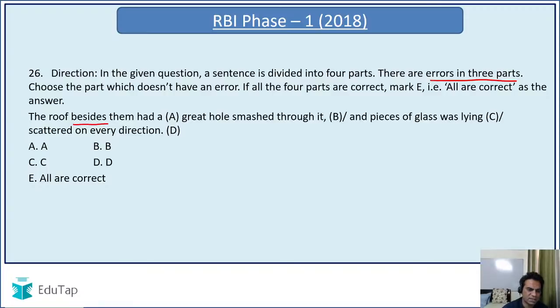The roof along with them. The roof above them had a great hole smashed through it, and pieces of glass were lying scattered not on every direction, in every direction. So I can find error in A, C and D. So the correct option is, guys,